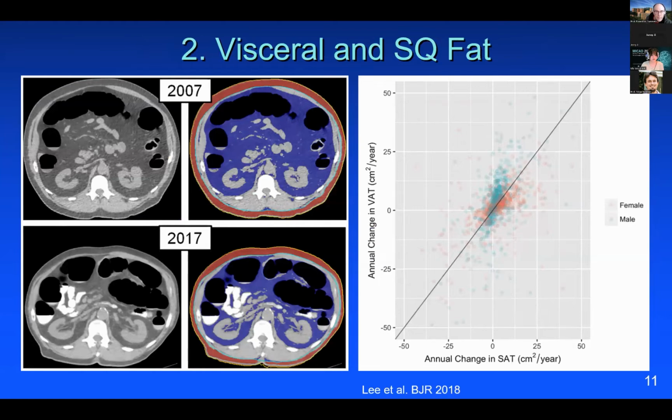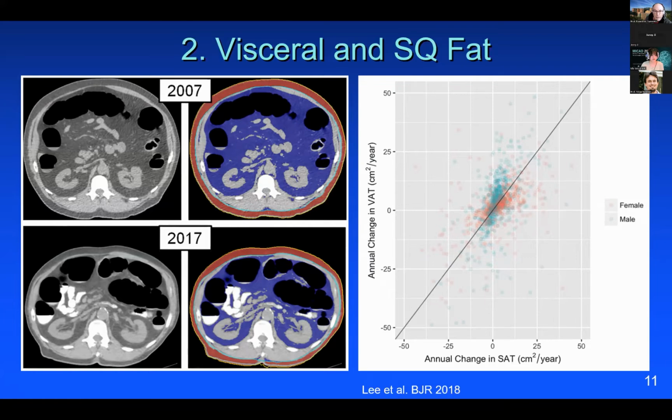The second body composition tool is the one that measures the fat. On the left, you see images of the same person who was scanned in 2007 and in 2017. This person had a lot more visceral fat in 2007. That's the blue labeled structure than in 2017. And one of the things we found in this study was that men tended to develop visceral fat at a greater rate than women did, and women tend to develop subcutaneous fat at a greater rate than men did over